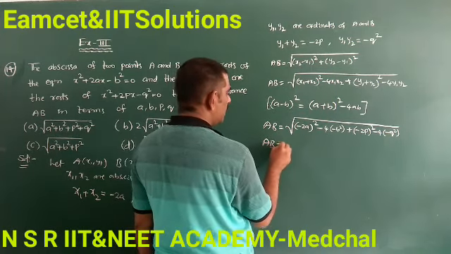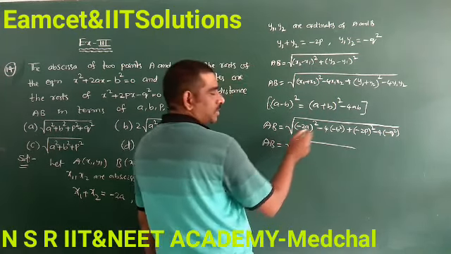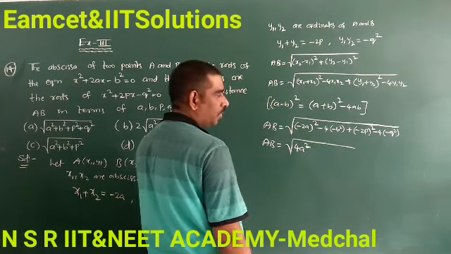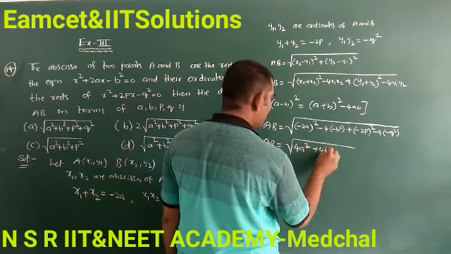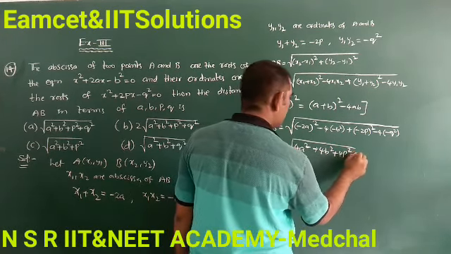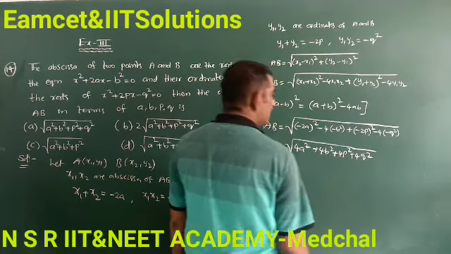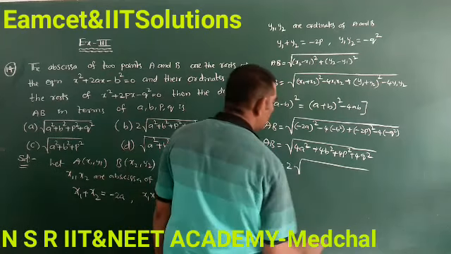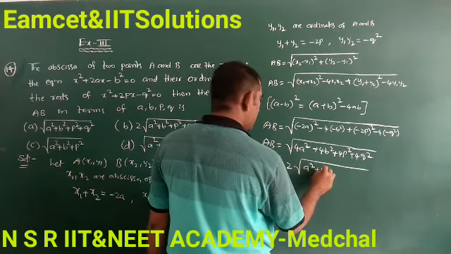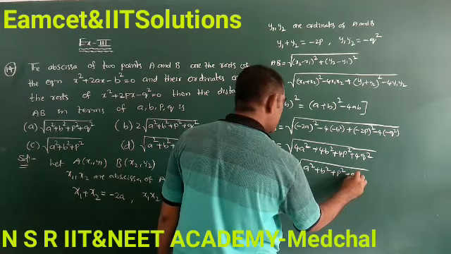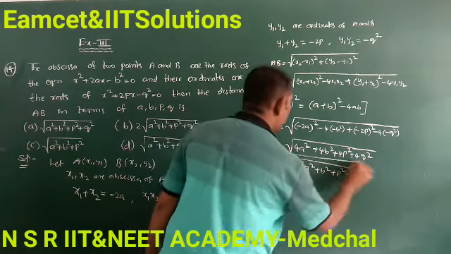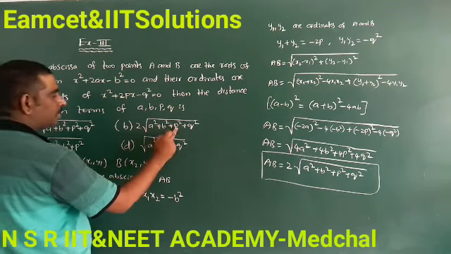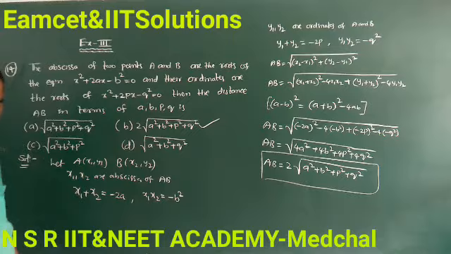So AB is equal to, minus square become plus, so 2 square 4a square, 4a square minus into minus plus 4b square plus 4p square plus 4q square. So in all terms we have the common term 4, root 4 value we take as 2 outside. So a square plus b square plus p square plus q square. So the distance of AB in terms of a, b, p, q is 2 into square root of a square plus b square plus p square plus q square. So our answer is B.